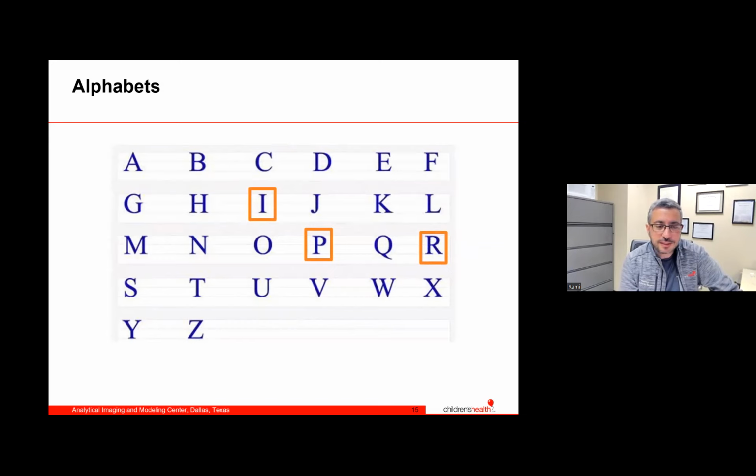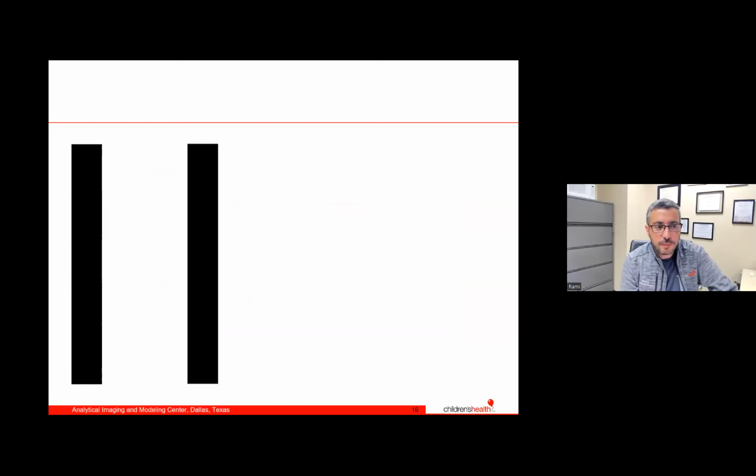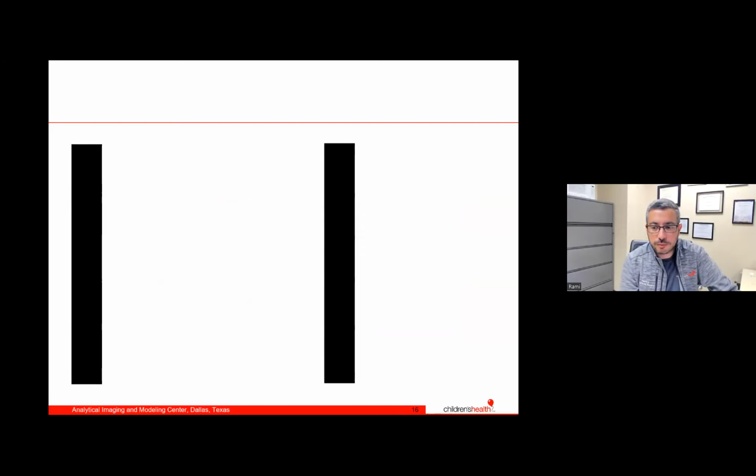This is a very simple way to extract these features. This is not how a computer will do it, or the right way to train a computer. It's just a simple example to help you understand what features mean. So if we look at the letter I, for example, we can describe it as just a line, right? If we look at an I, we can see a line and we say, this is an I.